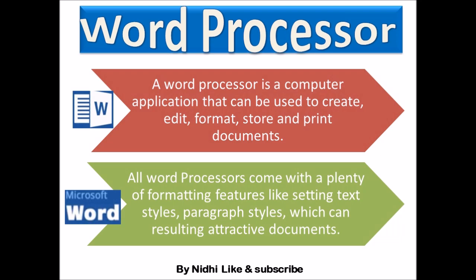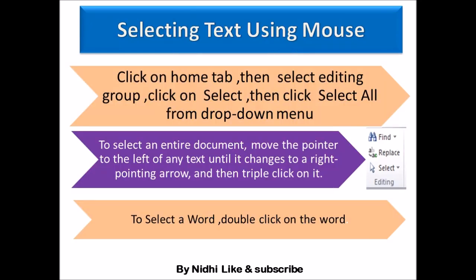Now in today's class, we will study how we can select the text using mouse and selecting text using keyboard. So first of all, we are talking about how you can select the text using mouse. In the mouse, you all know that we have two sides, left click, right click, and scroll bar. Okay, so first of all, you have to go to the Home tab. I will explain today how you do the practical. Okay, so just click on the Home tab. You will find the Home tab after the title bar.